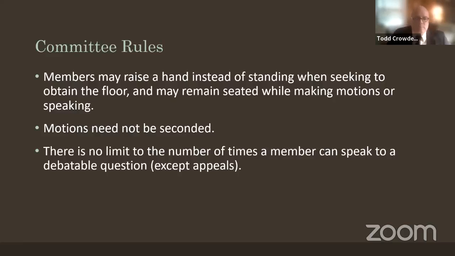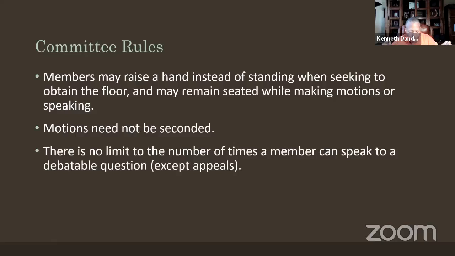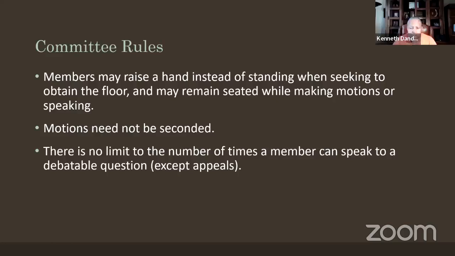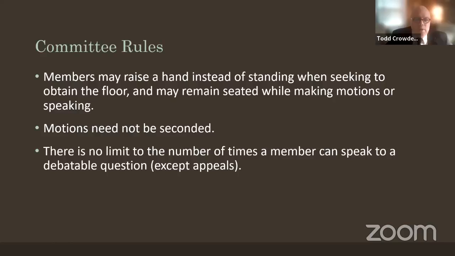And yes, Kenneth Dandy. Okay. So I think a couple of slides back, you said that if there's a motion to vacate the chair and it is successful, you said that the replacement is elected, or will that automatically default to the vice president or vice chair? You're correct. It would be the next in line, the vice president. All right. Thanks. You caught me there. Yep. Good catch.